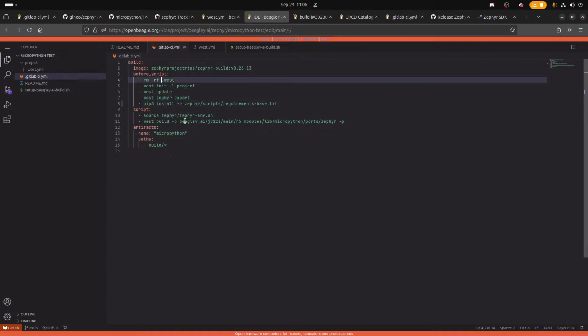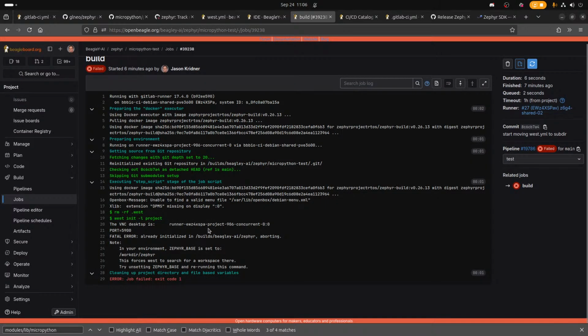So currently I have rm -rf .west. Yeah, but we had the incorrect build script before, which created the workspace one level above. Okay, so remove also any .west up above one directory. Okay. Was there anything else that caused it to fail? The Zephyr base location, because it was reading the wrong place. Okay.